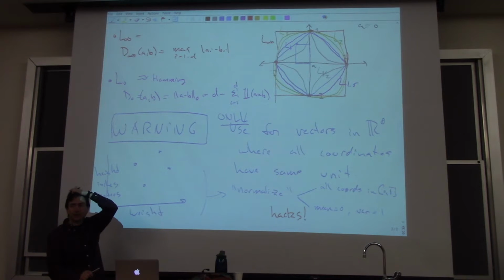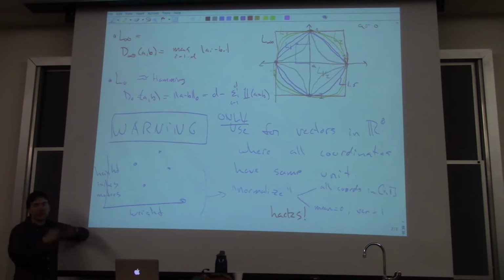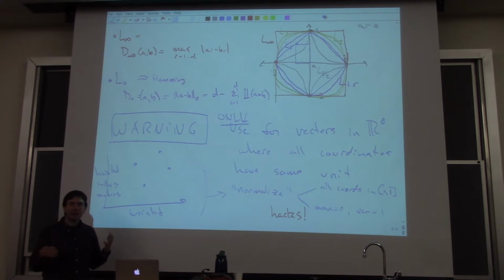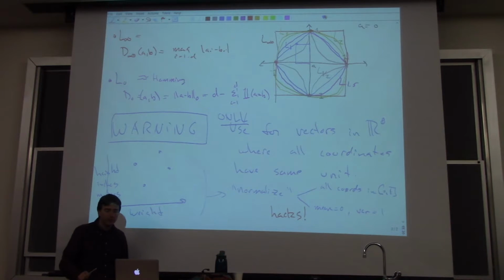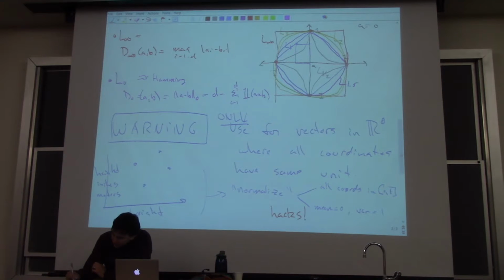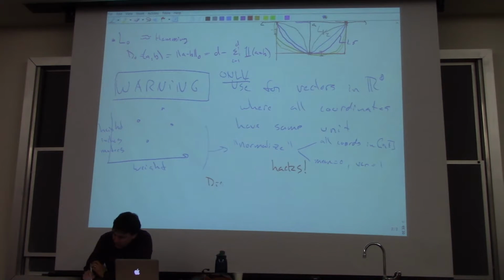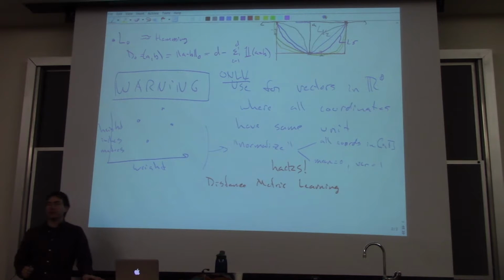So we'll see in class later that some techniques we do will rely on some distance, and you may have a bunch of varying attributes, height, weight, various other things. How you combine them is not necessarily obvious. One possible solution is called distance metric learning,